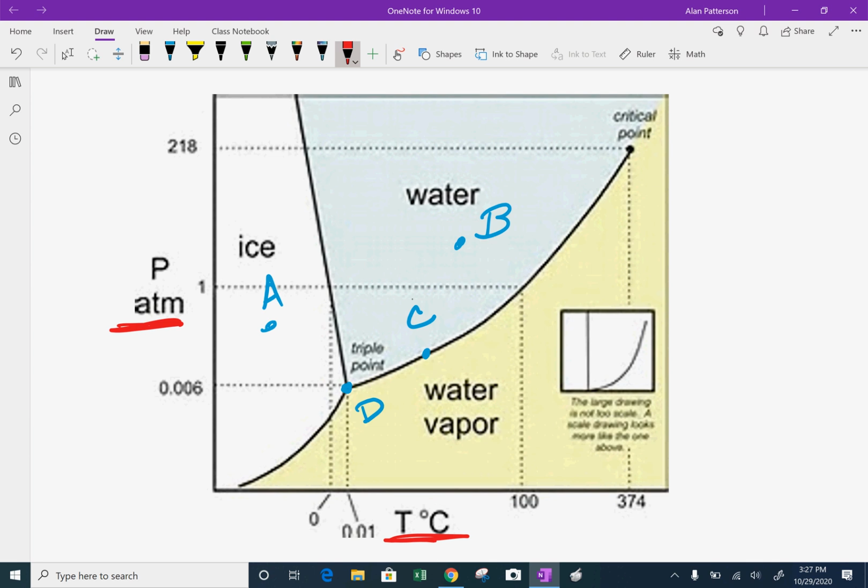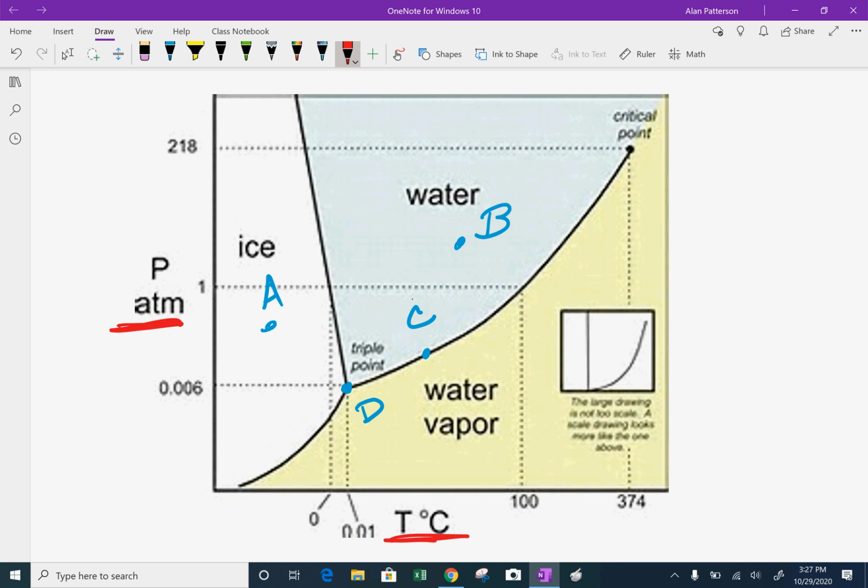Let's imagine that we have a gas and we put a lot of pressure on it. What that's going to do is force those particles really close to each other. When they get really close to each other, intermolecular forces can become great enough that the particles start to stick together. So we'll go from a gas to a liquid. Okay, so we've got to consider both of those things whenever we talk about states of matter and what state of matter would be present at a